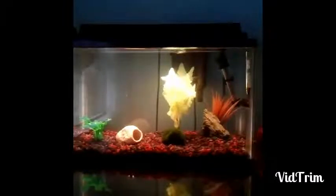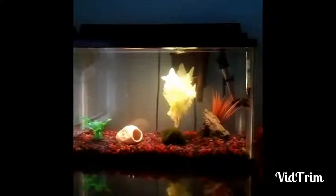If you want to know where he is, he's right behind this plant right here. His name is Astro. The story behind him is I just went to PetSmart and they got a new shipment of bettas, and I just saw him and I'm like, I'm getting him. He was really pretty. As you can see, he's red, white, and blue. And he's a half moon